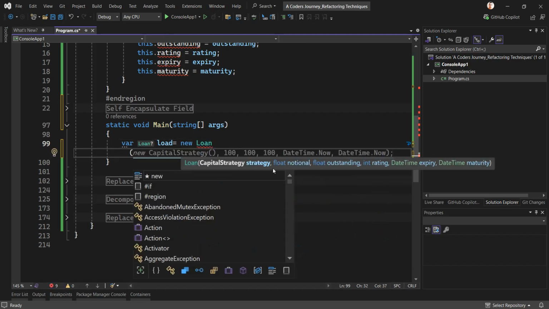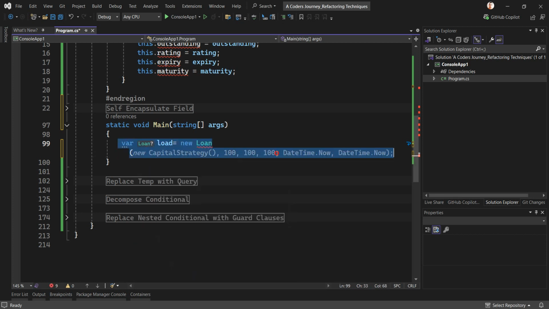And then you will see that I have a long list of parameters that I need to apply. Chances are, if I'm not very familiar with this loan class, I need to go to the documentation and read a lot about the different values that I can pass in for these parameters